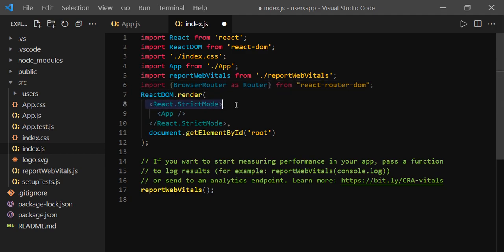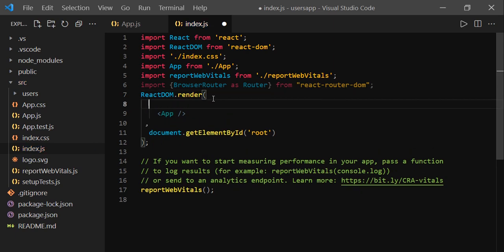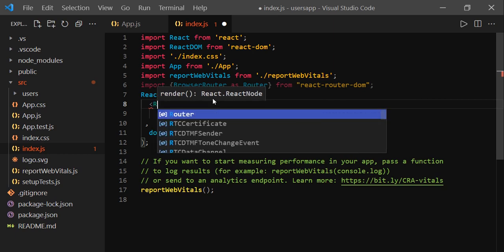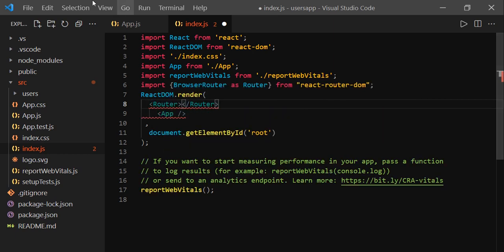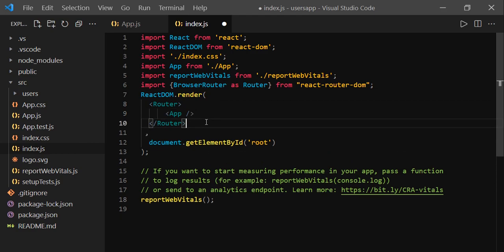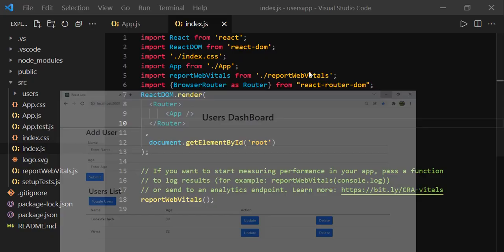And let's remove React.StrictMode, we don't require this. As I said, we need to render this BrowserRouter component around the whole application, and here the App component represents the whole application, right? So everything is enclosed within the Router. Now after this change, let's run our application. We should not see any error, so we don't have any error, that's cool.